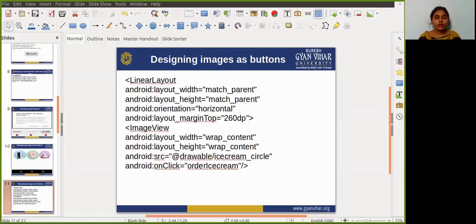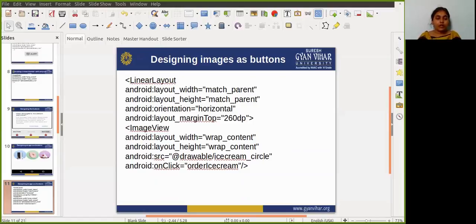You can see here layout width is match parent, height is also match parent, orientation is horizontal, and layout margin top equals 260 dp. After that there are three images here, so you need to call three image views.